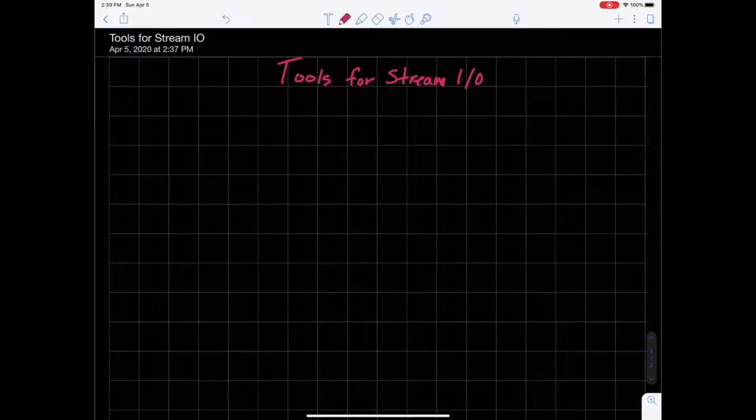This next video is about some tools for formatting your stream output. As we've seen before, if we wanted to make a number look like money or currency, we would want it to look this way. So we could use a function in our cout object called setf, which means set flag, and we did something like ios fixed,